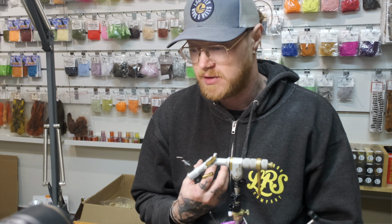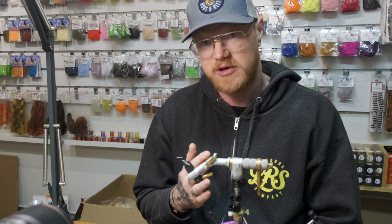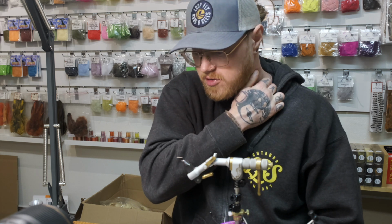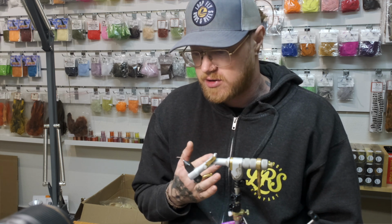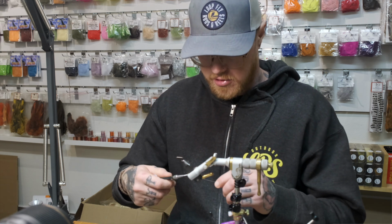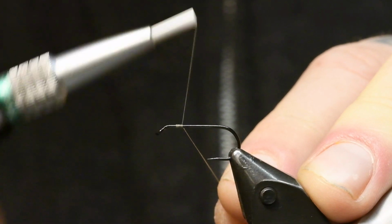It's like a mix in color of it. I tie it always gray, because at some way I have tried different things, but they actually love the gray one. So this is a size 10 hook,